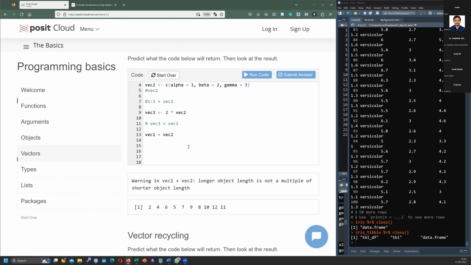This was not possible earlier. Earlier it would straight up give a warning that vector 2 and vector 1 are not the same length, I cannot add it. But now it is adding it, but it's giving you a warning. If you know what you're doing, it is good. But if you don't know, then it's really going to be a problem.